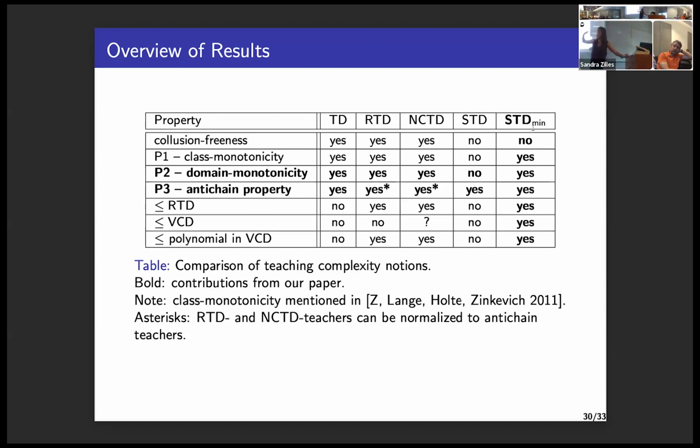That all goes to Farnam. He gets full credit for that. He came up with that proof, and it uses really nice structural properties of concept classes. So that was a really nice contribution of his. And yeah, that's what we ended up with. We found the first batch teaching notion that had a complexity upper bounded by VCD by softening up the